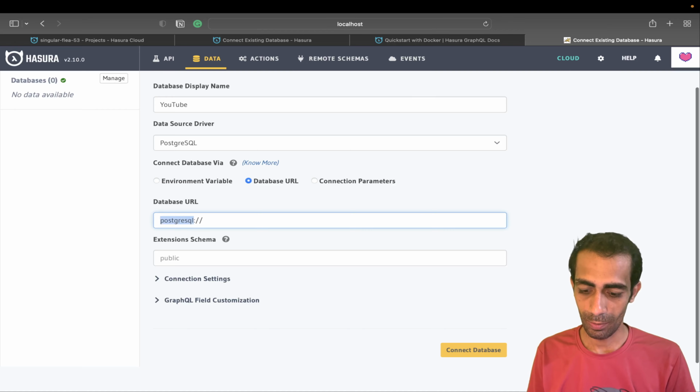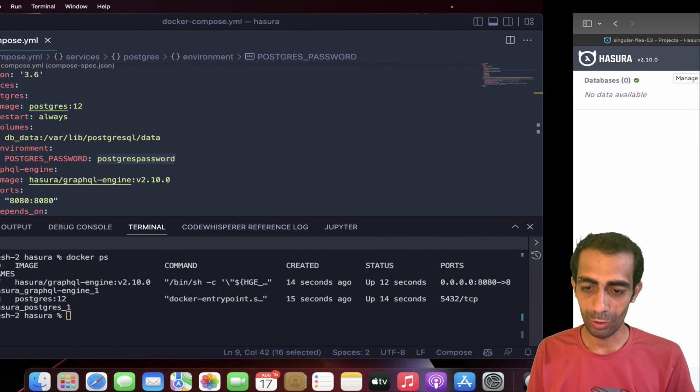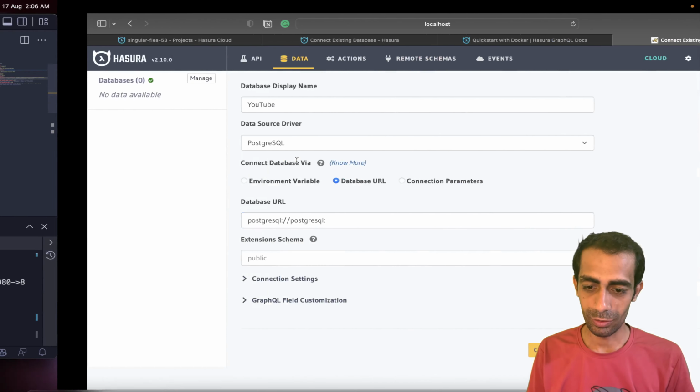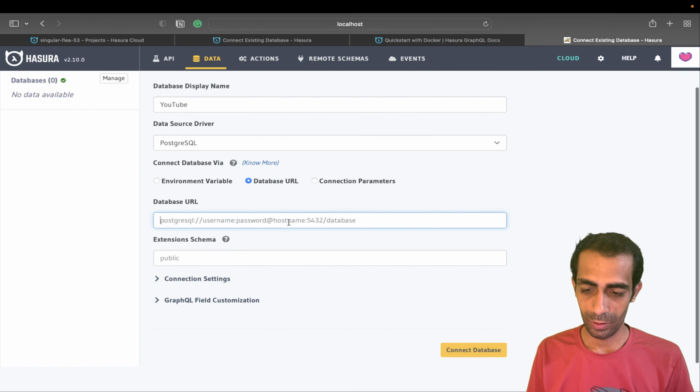And this will be my username. Okay, and password will be my password, this one. Okay, now let me see the host name, at the rate localhost. Okay, colon 5432 is a default port that I'm gonna use, and the database that we have, so Postgres